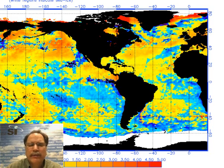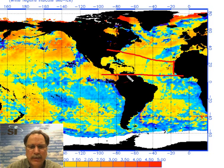Well, one more map regarding the tropical situation before we get to the local weather conditions. This is the latest sea surface temperature anomaly chart, and it shows basically orange, which is slightly above normal sea surface temperatures for this time of the year from the west coast of Africa right here all the way through the Atlantic Basin, the tropical Atlantic Basin. This is the Caribbean Sea right here and the Gulf of Mexico. There's a little patch of below normal temperature right in here, but this particular Caribbean system is located right about here, and it looks like it'll go right into the western half or the central part of the Gulf of